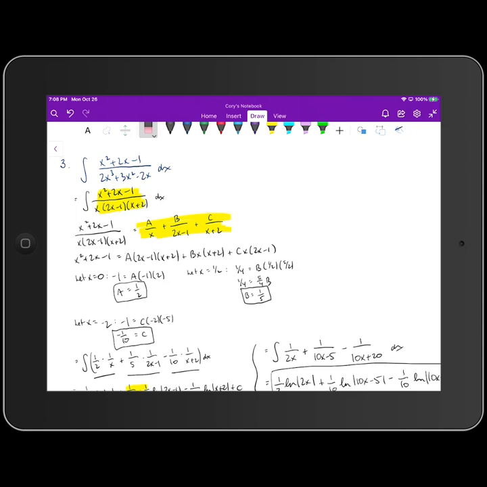Okay, so again, I showed you 2 ways to do this in class. If you try doing this the way that I learned as a student, boy, the problem gets really messy because you would have to multiply everything out on the right-hand side, group the x squared terms together, group the x terms together, group the constant terms together, and then you're going to have to wind up solving a system of 3 equations and 3 unknowns. That's going to be time consuming for you. Okay, so the second technique that I showed you, the shorter, faster way, is really advantageous to you with this example. Okay, so if we want to solve for the variable A, we're going to let x equal 0,